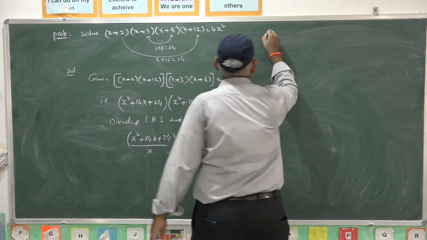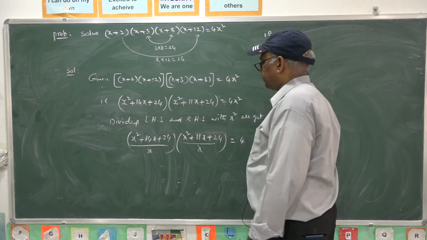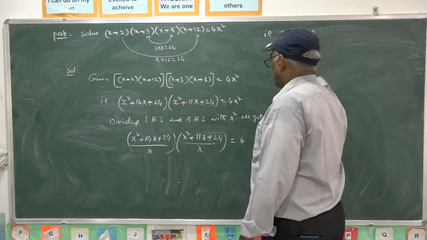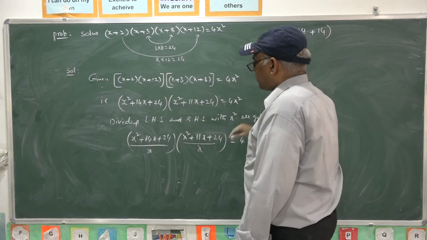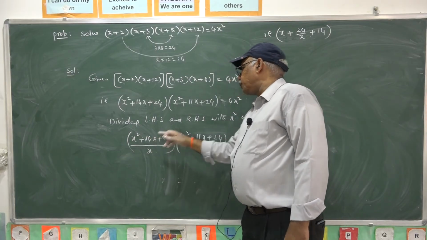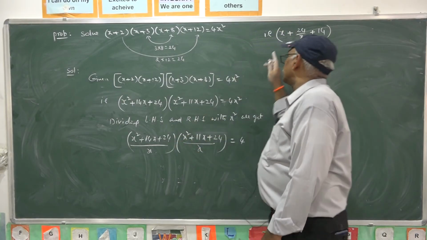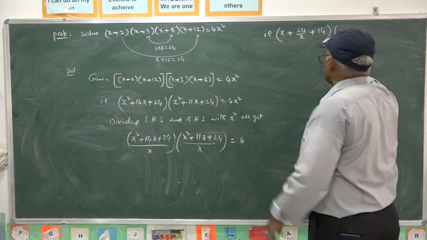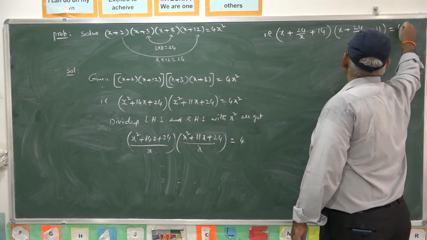Now divide this factor with x, we get x plus 24 by x, write this term initially, plus 14x by x, that is 14. Once you divide the numerator with the denominator, here you get x, here is 14, plus 24 by x. Similarly, once you divide this quadratic with x, we get x plus 24 by x plus 11 equal to 4.